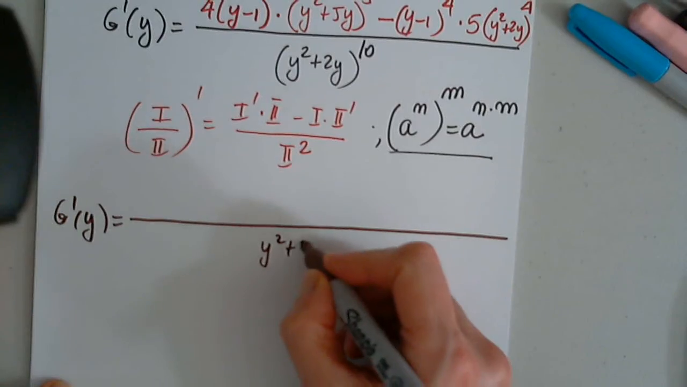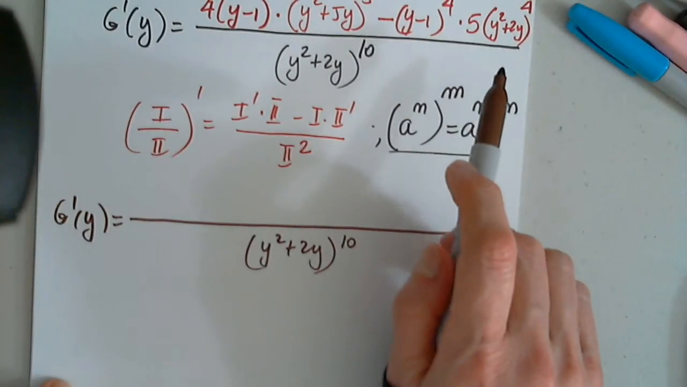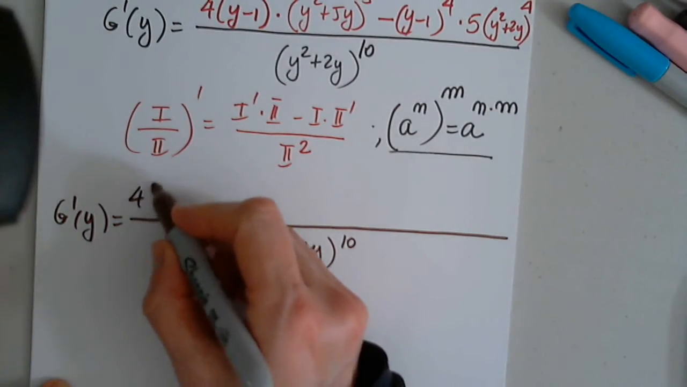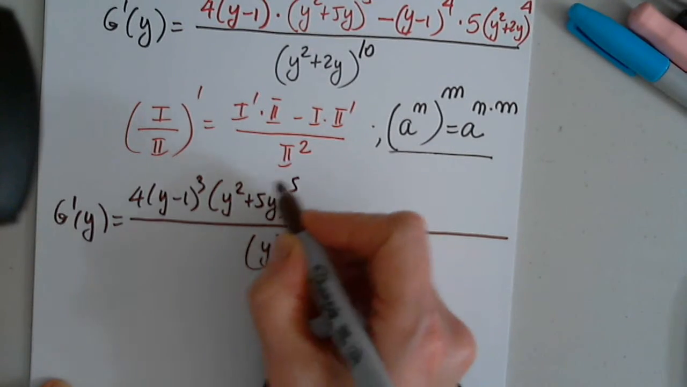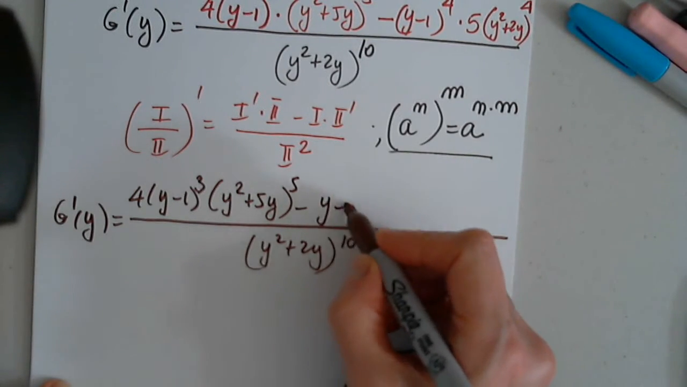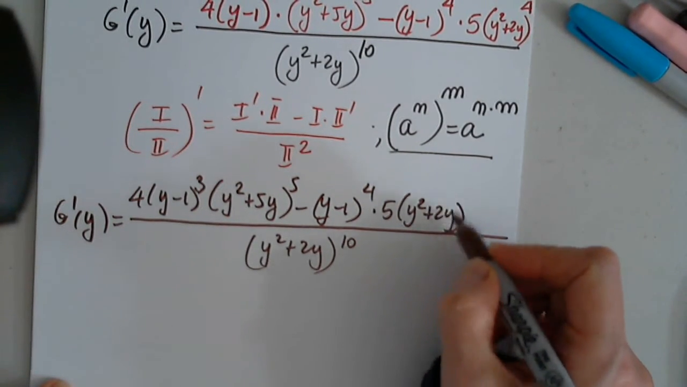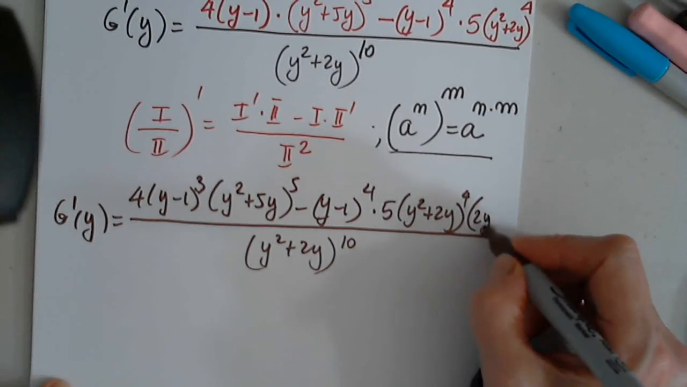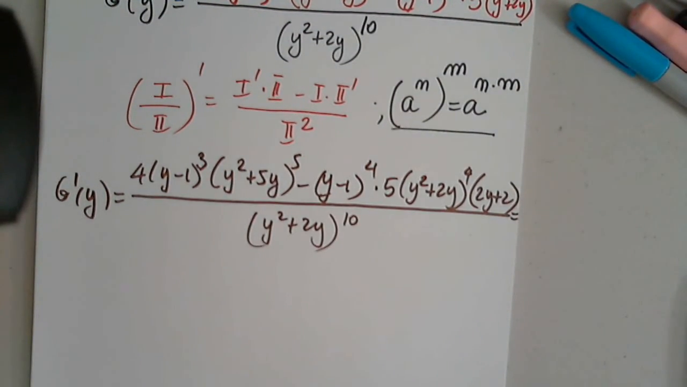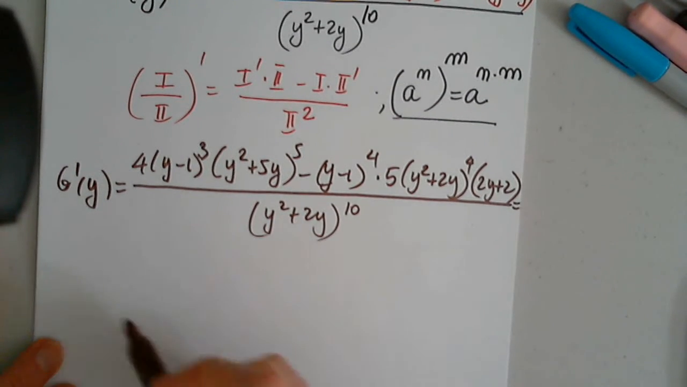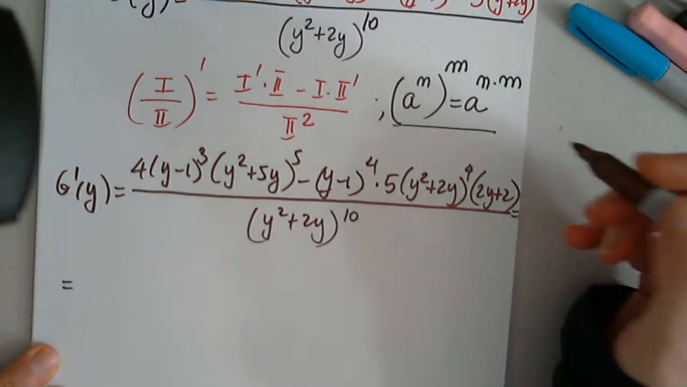So the denominator is y squared plus 2y to the 10th power. We understand all steps at the top, correct? Yes. Is this okay? Yes. Perfect. So now I need to rearrange it. I'm not going to do anything to this,